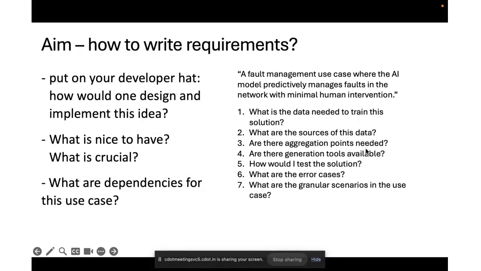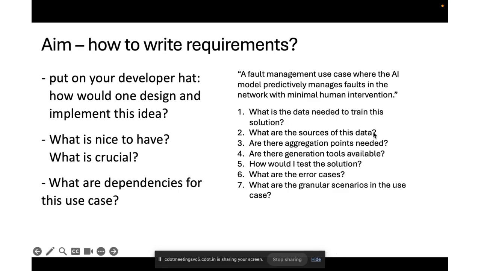Are there aggregation points which are needed? For example, if you would like to do anonymization, if you would like to clean the data, if you would like to do a multi-modal data fusion,